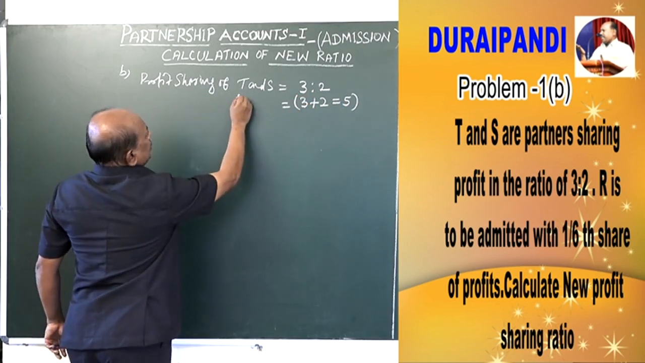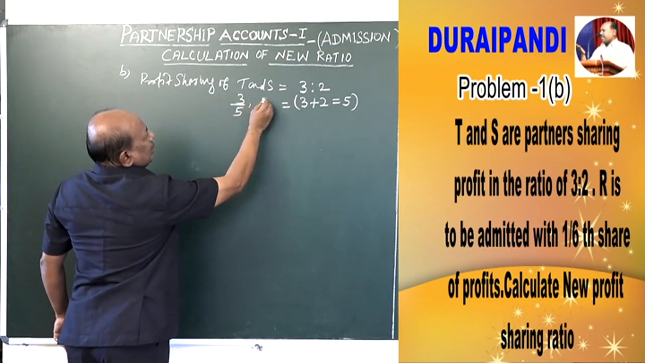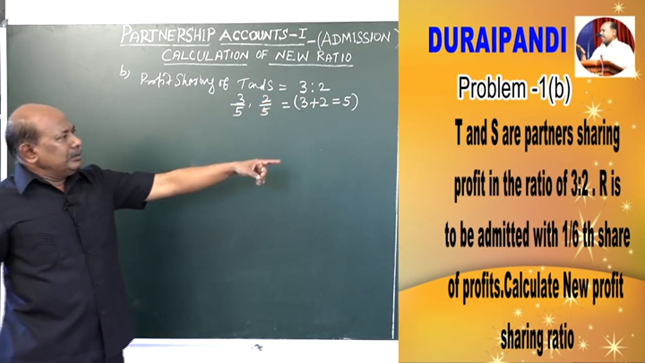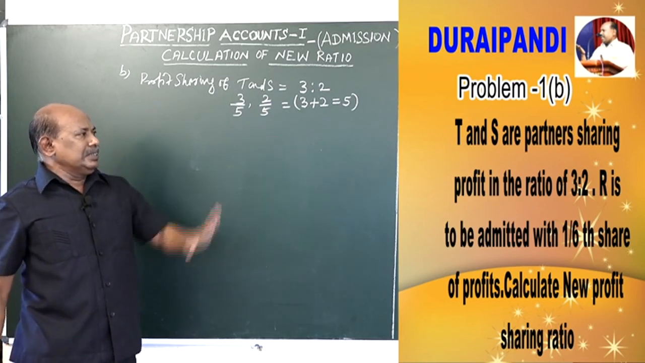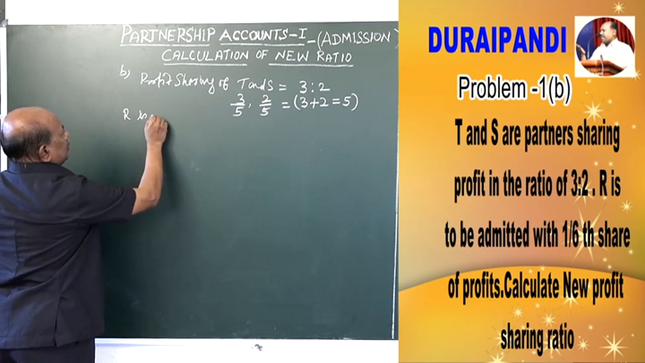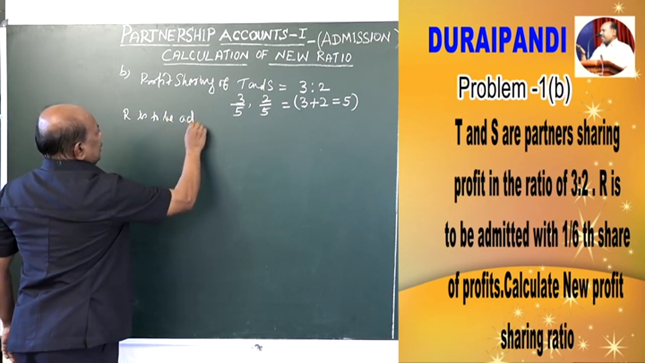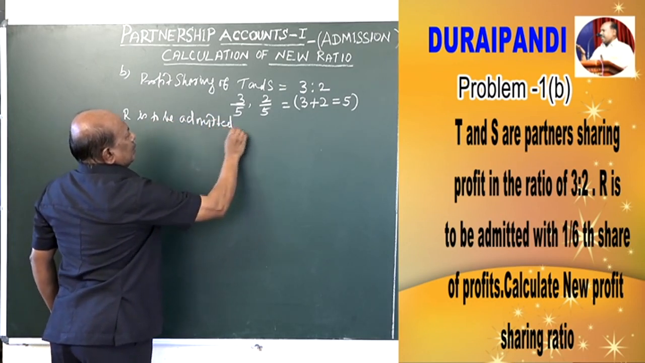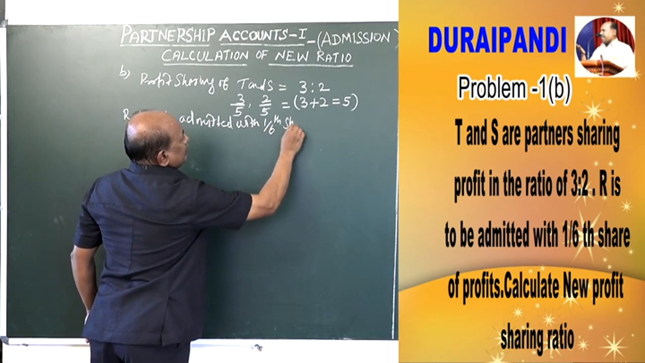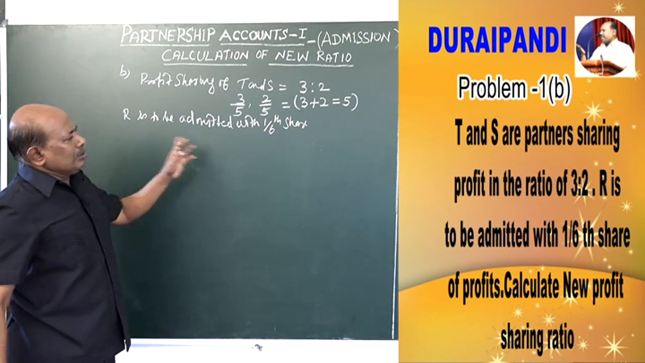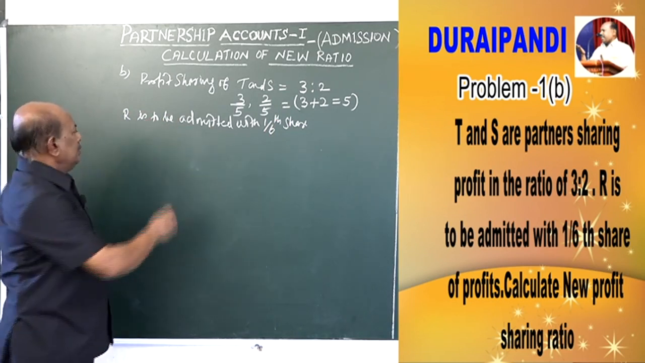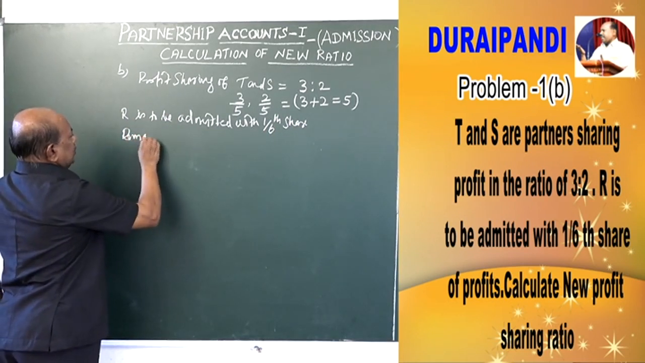The ratio was 3/5 for T, 2/5 for S. Now R is to be admitted with 1/6 share. Here we have to calculate the remaining share of the firm after giving R's share. The remaining share of the firm was